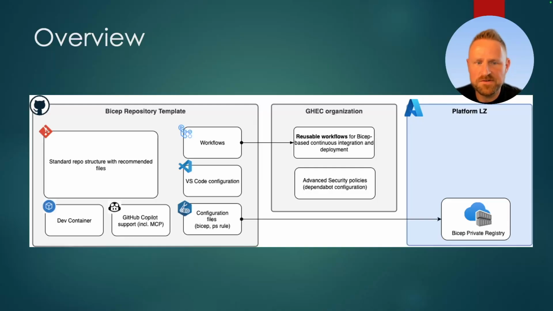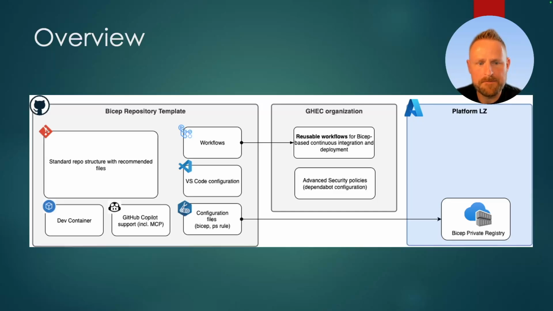Then it's a set of CI/CD workflows that are designed to give you all the important validations and testing for security, best practices and so on. Those workflows should ideally come from reusable workflows, which is a very common scenario for GitHub Enterprise Cloud organizations. You have a central repo where you publish and version those workflows